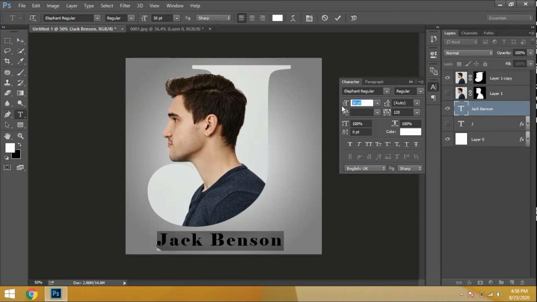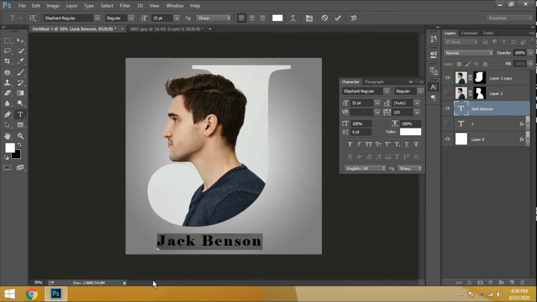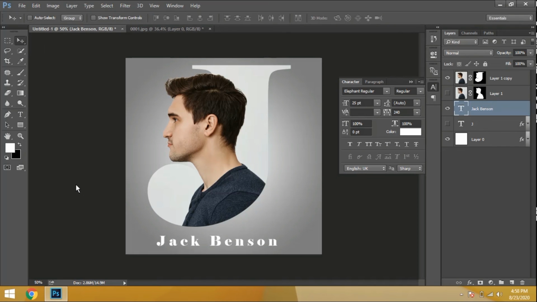We can give it directly here, it's 20 pixels like this, and you can select the text layer and increase and decrease the text using Control Shift greater than and Control Shift less than on the keyboard. Like this we can increase and decrease the size of the text. Okay, and we have Alt right arrow and left arrow for character spacing. Now take a move tool friends, and the shortcut for the move tool is V, and we can move it and keep the text like this.